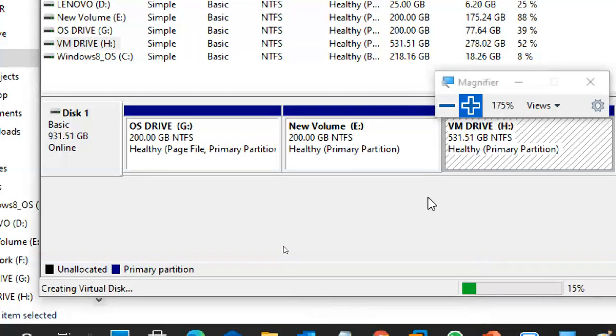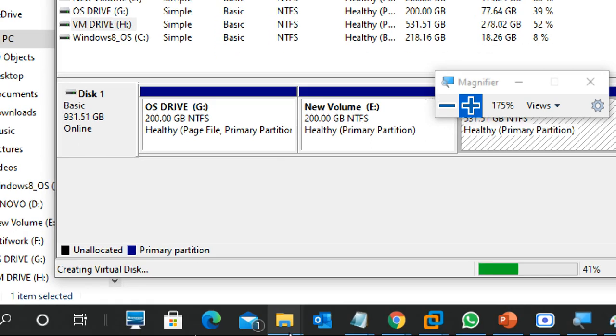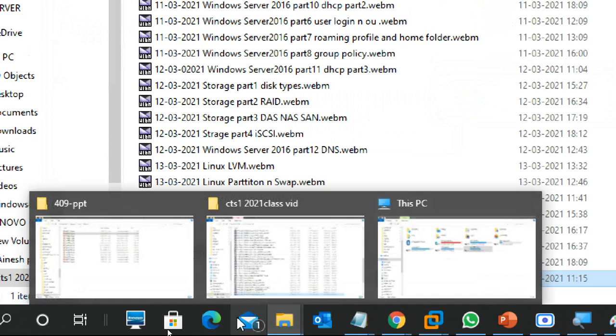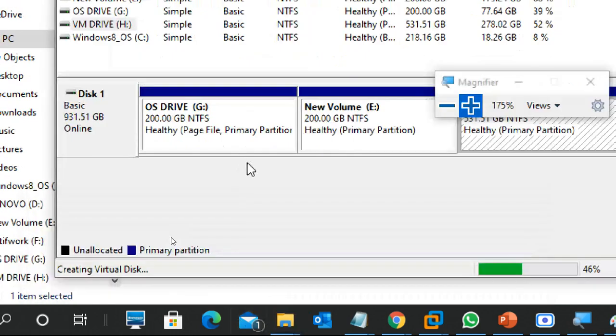It's going on because it's a fixed disk. When you create a fixed disk, always create 2 GB or 1 GB kind of sizes only, because it will create faster. If you create 10 GB, 20 GB, 30 GB like that, it will take time. If you create 100 GB, it will take a lot of time. Examples we can take anything, but we can restrict to this one. 278, right? So 268 it will show after creating. So let it create.